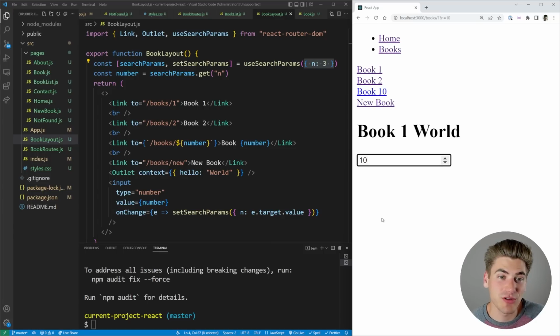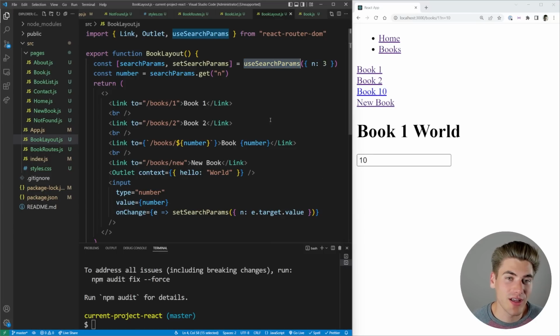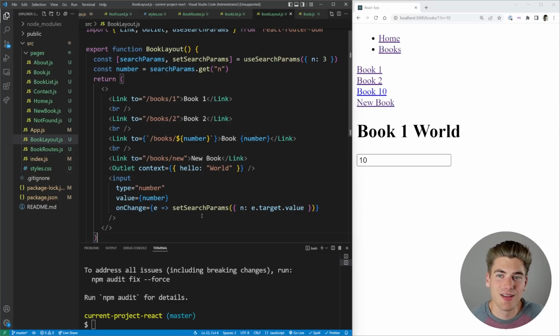So anytime you're dealing with search parameters that you want to have in the URL, use this useSearchParams hook. It's really easy to use. It works just like useState, and it allows you to essentially just replace useState with useSearchParams. Now, the final type of data that you can store that I want to talk about is going to